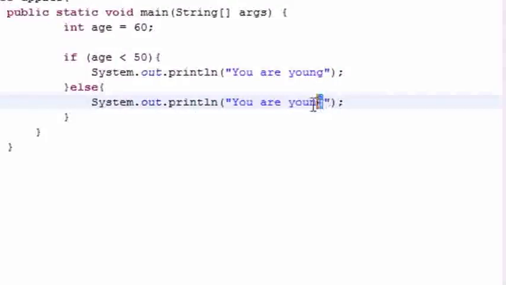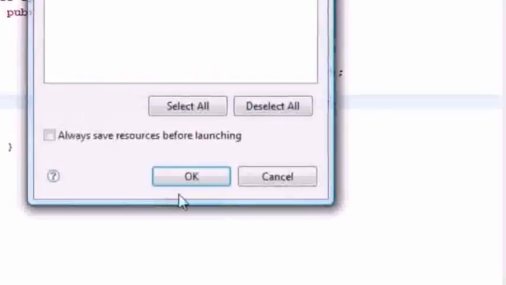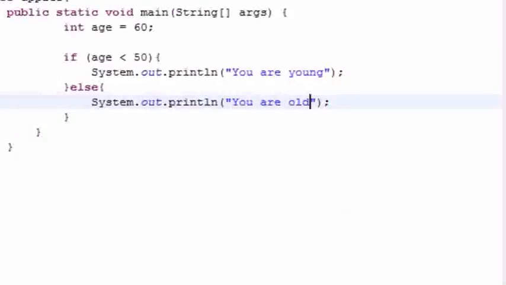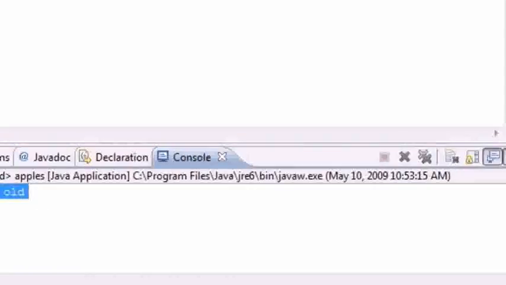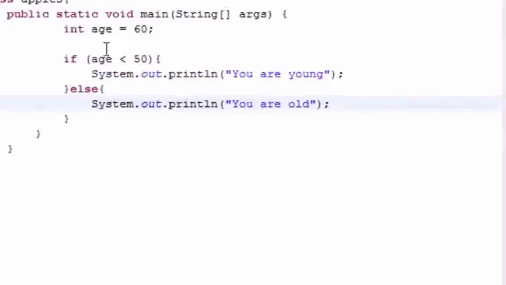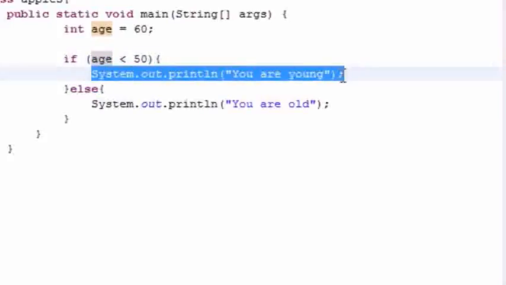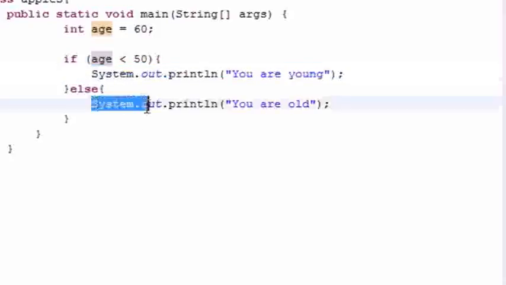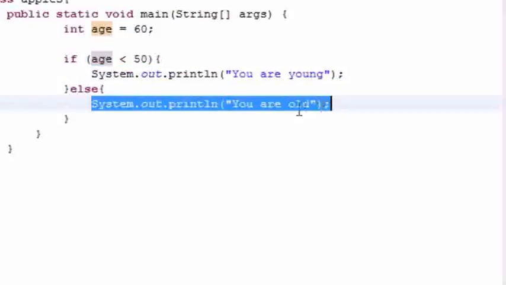Now let's go ahead and see what this does right here. It outputs on the screen "you are old." So what this did, real quick, I'm not going to get into detail because I told you later, it looked at this variable called age and tested if it was less than 50. If it was, it was going to print "you are young." But it wasn't, so it printed this. And again, this is how you can give Java a way of making many choices, or just one choice